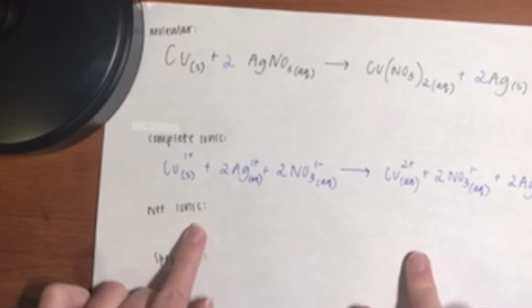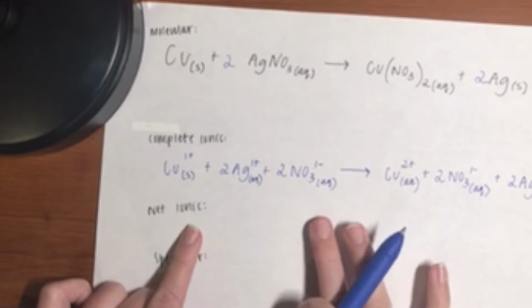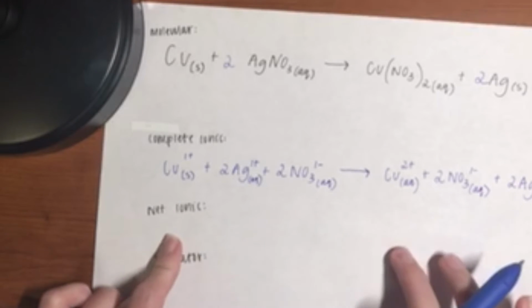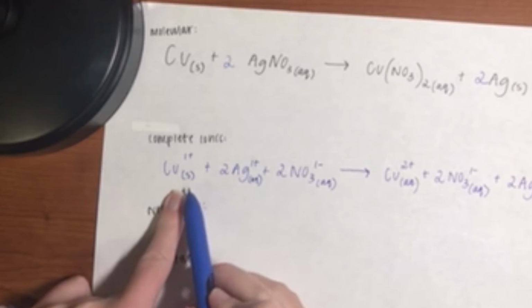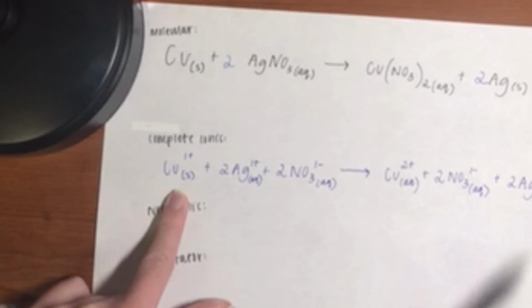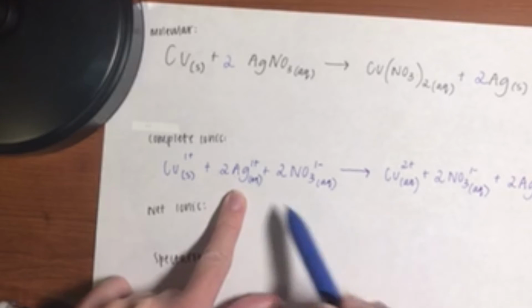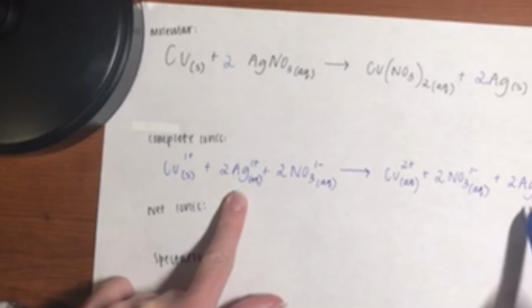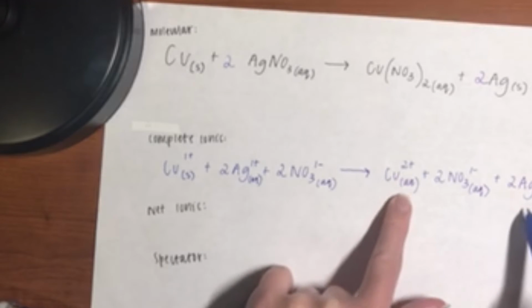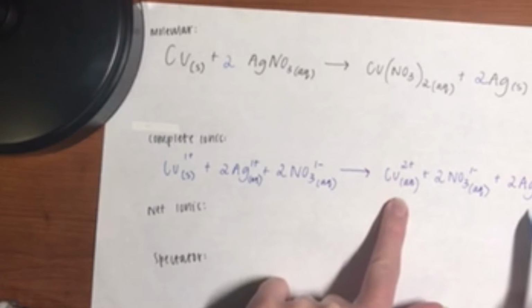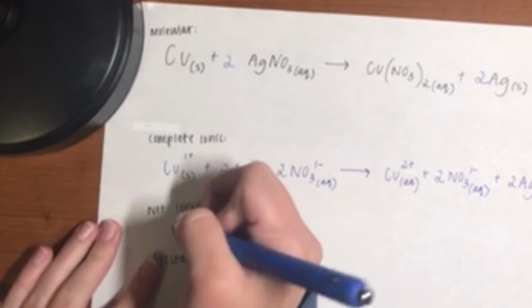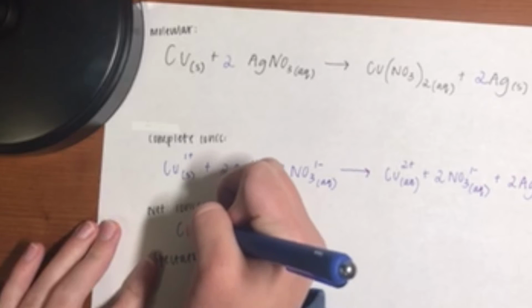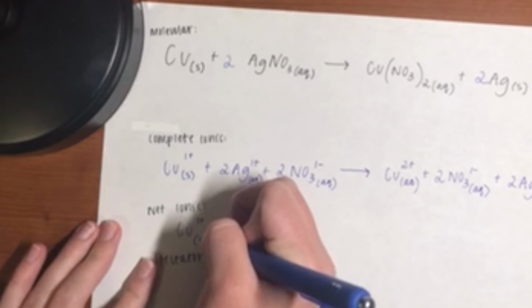Now for net ionic, this is when we take everything except the spectator ions and add it to the equation. So in this case, it would be Cu(s) because it is a solid, Ag(s) because it transforms to a solid on this side, and we would keep the Cu on this side because they are switching. So our net ionic equation would be Cu 1 plus